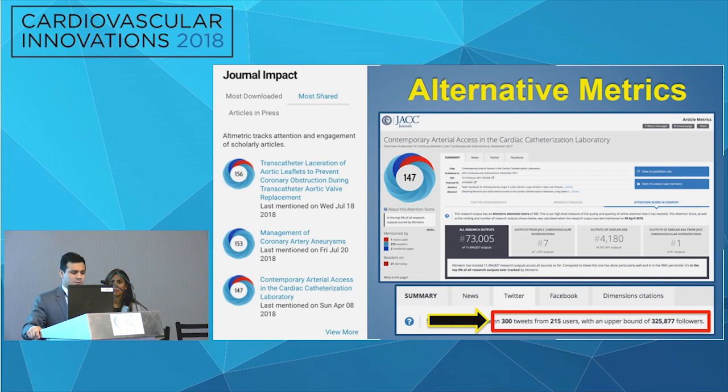This is just an example, for example, of Jack. We recently put this paper out, and I think it has like 3 citations. But when I look at alternative metrics, which some journals are now reporting, the paper has been seen by 325,000 people. So shouldn't that matter more than having 3 citations? In any case, just think about these things as we move forward, about how they will impact your scholarly activities and how you move forward in academia.